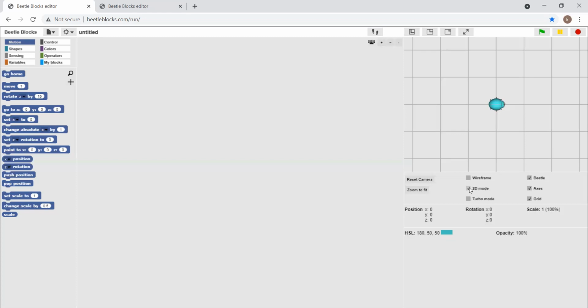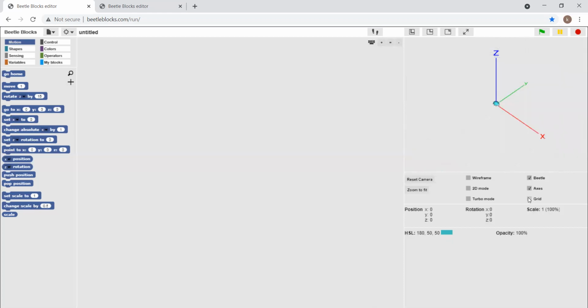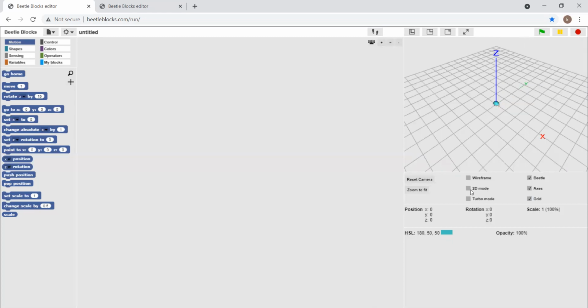As it is now, the 2D mode is enabled, in which we are able to see only two axes, X and Y. If we disable this 2D mode, we are able to see three axes: X, Y, and Z. If we turn off the grid, the grid will simply be removed from our output area. So these are the options which we can turn off or on.